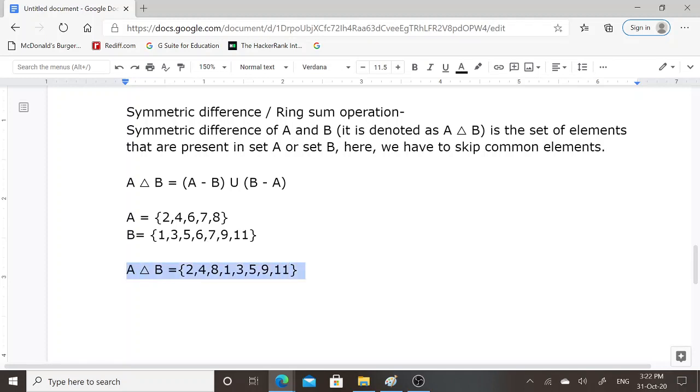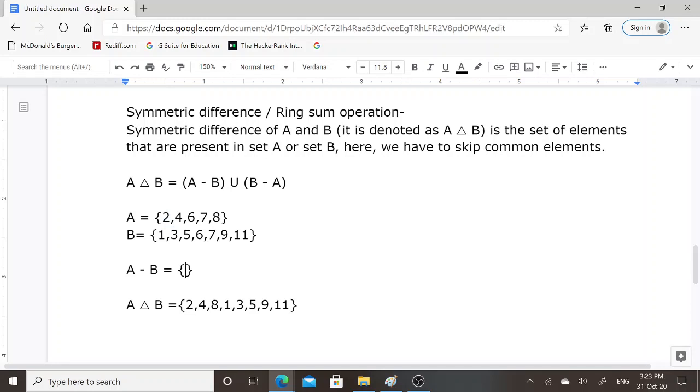You can also perform this operation in this manner. First, you have to perform set difference of set A and B. If we perform set difference of set A and set B, the elements will be those present in set A. Again we have to skip common elements. 6 and 7 are the common elements, and apart from 6 and 7, elements that are present only in set A are 2, 4 and 8.